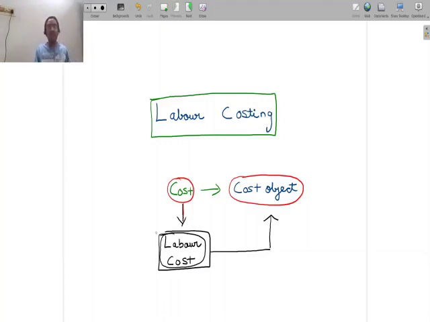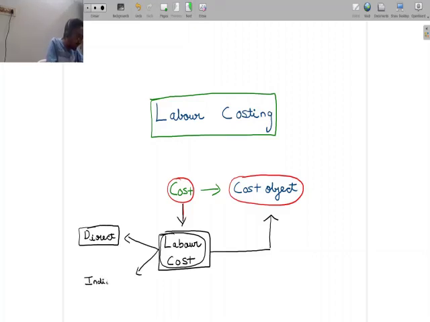Now at this stage, it is important to understand that depending on the cost object we are talking about, we classify labor cost into two types. We have direct labor cost as one categorization, and we have the other, which is indirect labor cost. What is the basis of this classification? Why do we have something called direct labor cost, and why do we have something called indirect labor cost? The cost associated to get work done, which has a direct connection with the cost object, is what we call a direct labor cost.